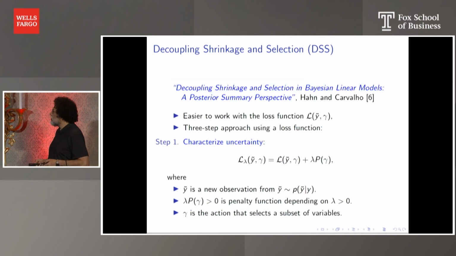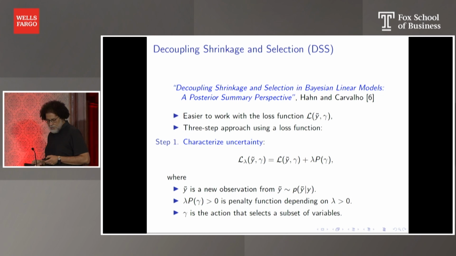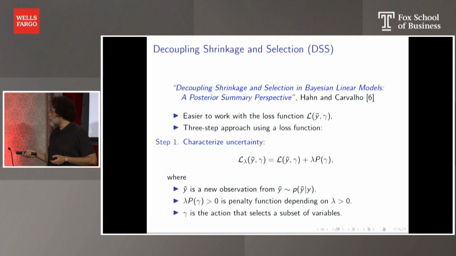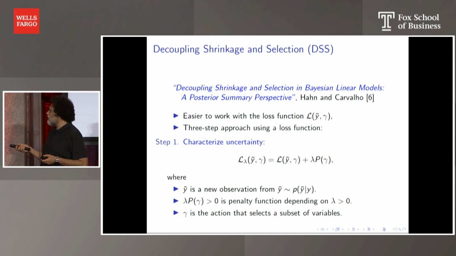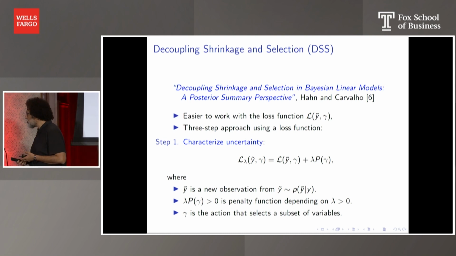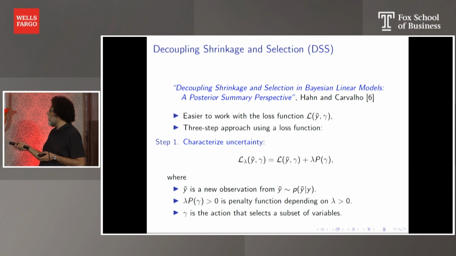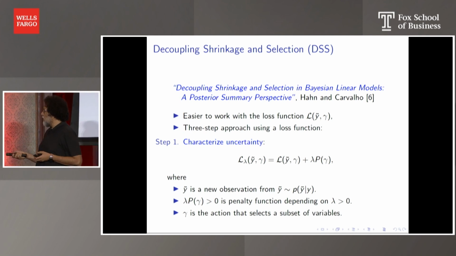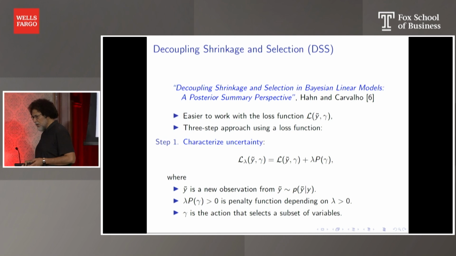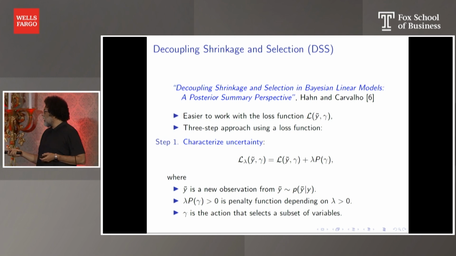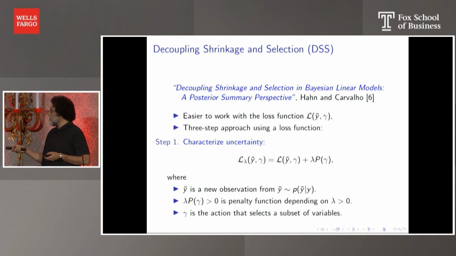Okay. So the paper that Richard, my new colleague, and Carlos Carvalho wrote back in 2015, I think, it's called Decoupling Shrinkage and Selection in Bayesian Linear Models. It's a review paper, a JASA paper. And basically what they do is they separate this loss function. Now they change to loss instead of a utility,